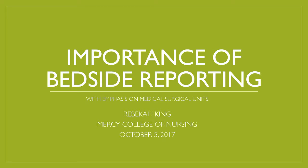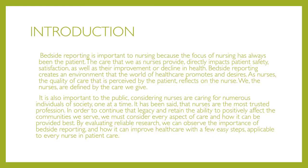The importance of bedside reporting with an emphasis on medical surgical units by RKing. Bedside reporting is an important aspect to nursing because the focus of nursing has always been the patient. The care that we as nurses provide directly impacts patient safety, satisfaction, as well as their improvement or decline in